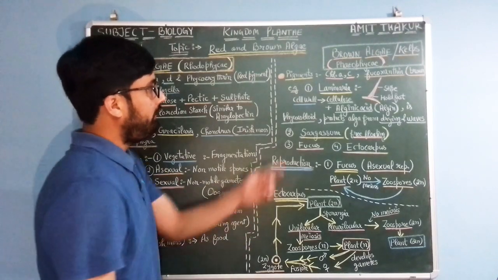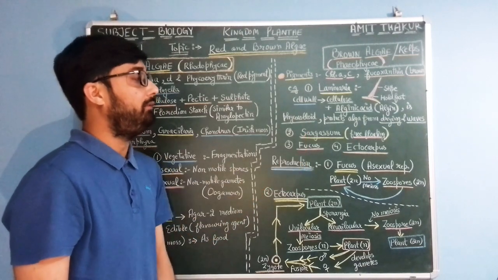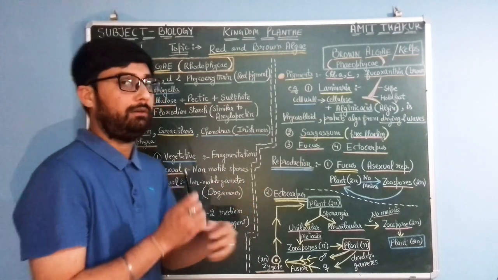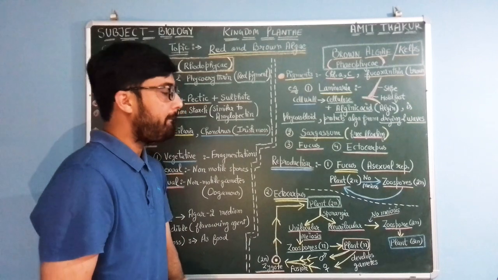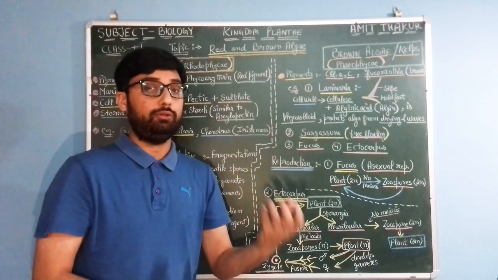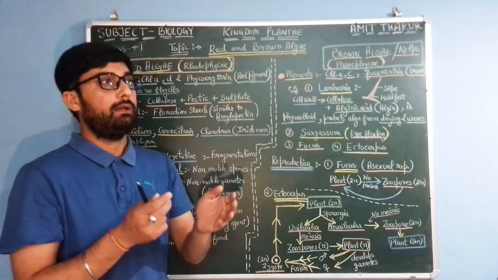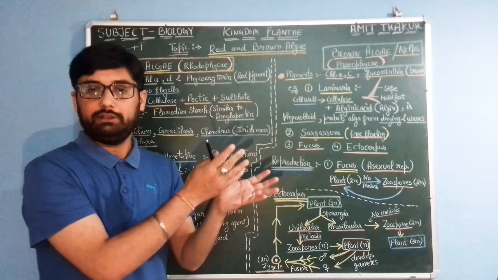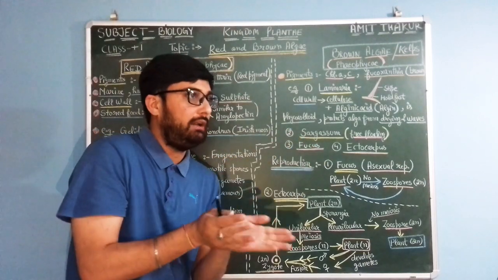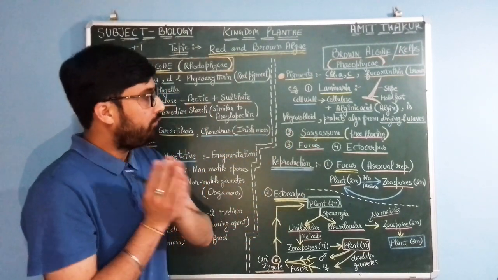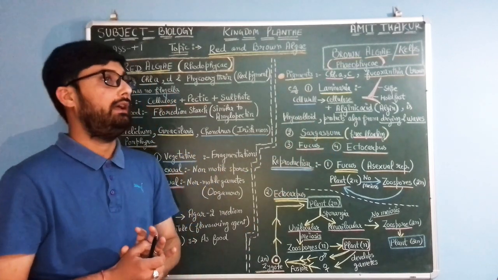The second example after laminaria is sargassum, a very famous brown algae. This sargassum is free floating. Actually, it is not attached to any substratum like laminaria. This is free floating brown algae, and you might have heard about the Sargasso Sea. The Sargasso Sea is located within the North Atlantic Ocean, and that part of the Atlantic Ocean is fully covered with this free floating brown algae sargassum, and that's why